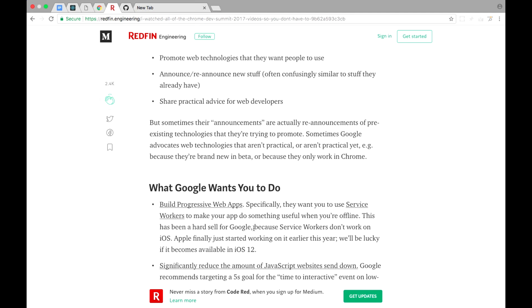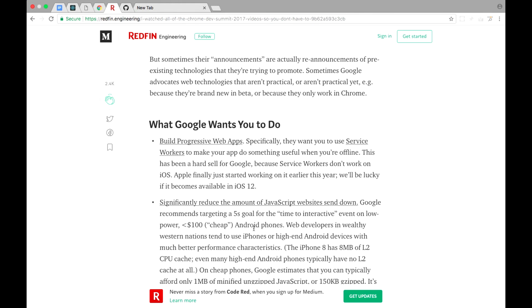First of all, Google facilitates creation of progressive web apps that load fast even on low budget mobile devices in third world countries. This is a pretty non-trivial task for developers because of how greedy current web frameworks are for resources. Google advises aiming to match a 5-second load time on such devices, but some modern web apps take the same amount of time to load on fast desktop computers with a stable connection,